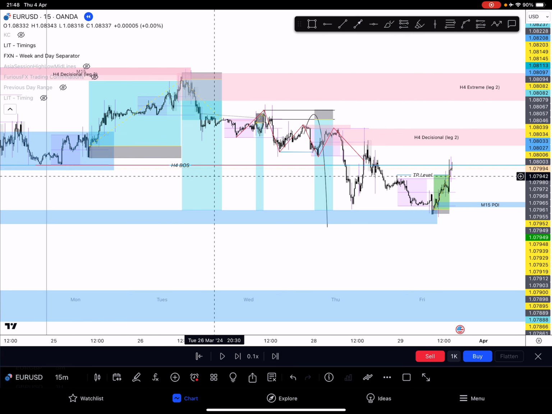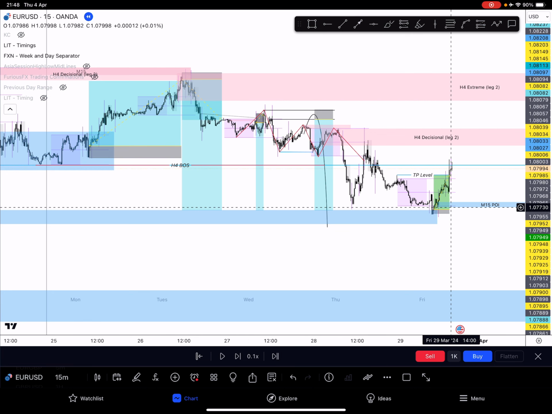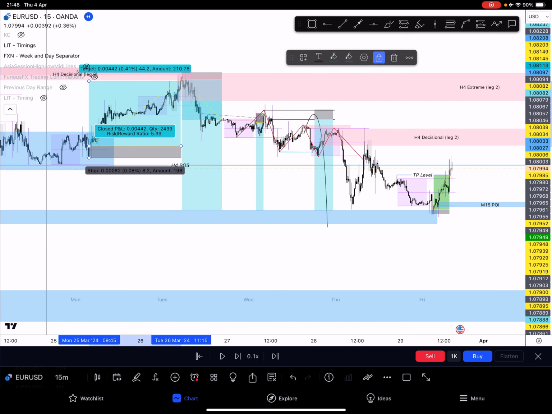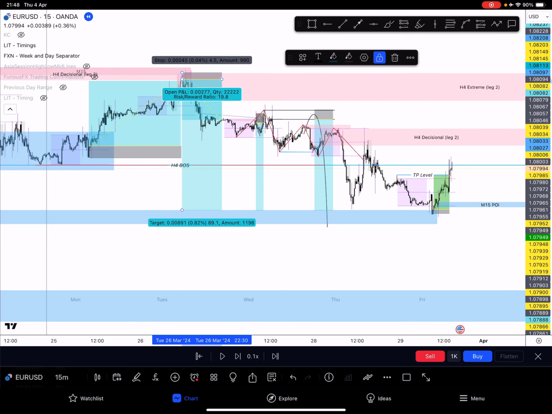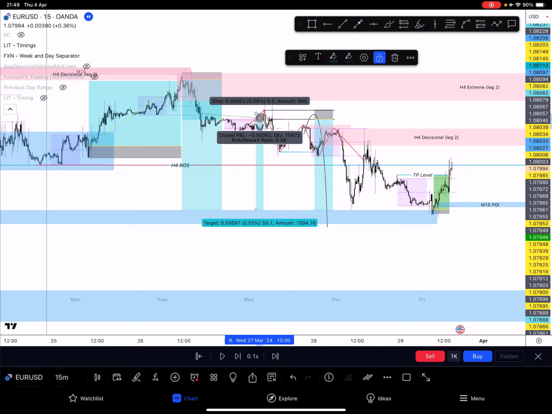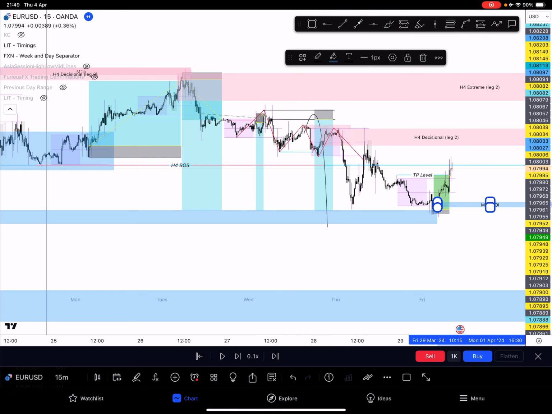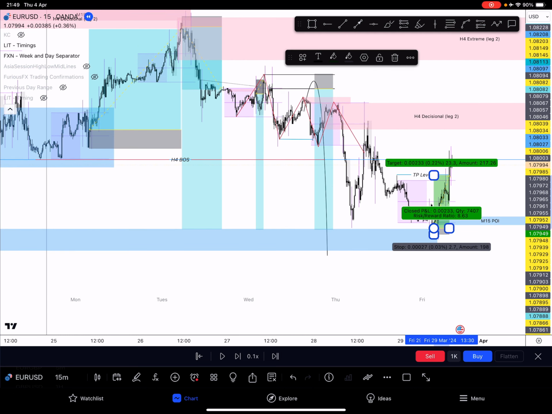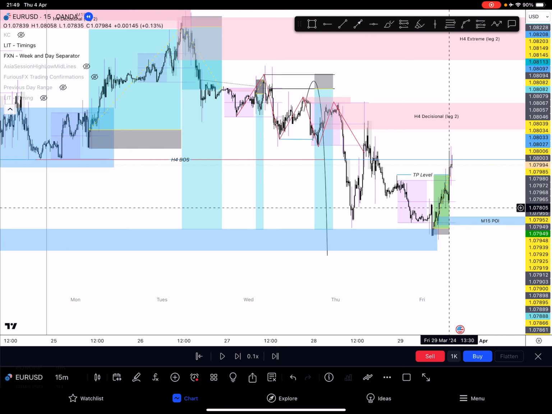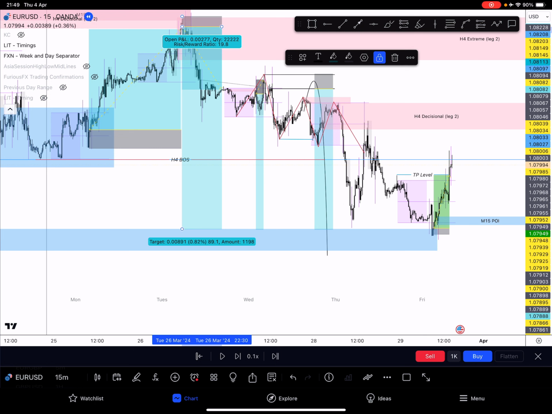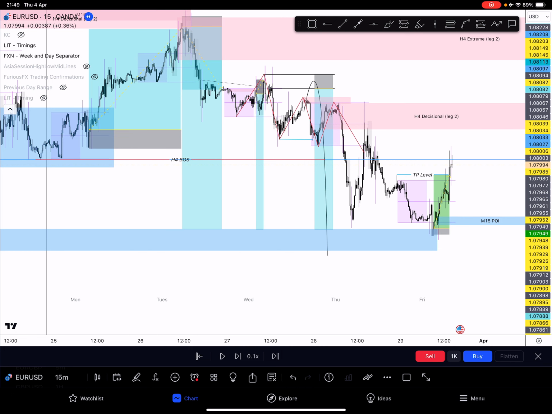You have 1, 2, 3, 4, 5 trades. This one was a winner. This one was also a winner. This is technically a loss. This is a missed one. And then this one, in all transparency, I didn't take this. This is why you see the color is different. Whenever you see this color, it means it's a trade I took. And if you see this color, it's just a back-tested trade.